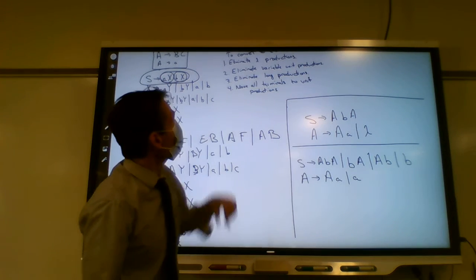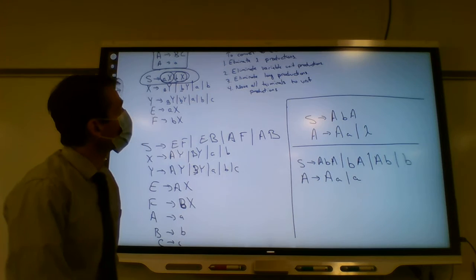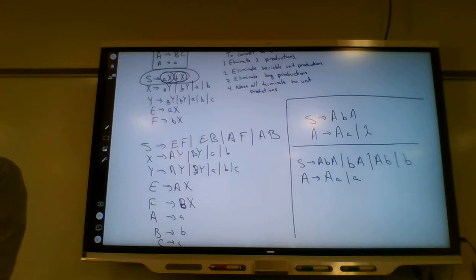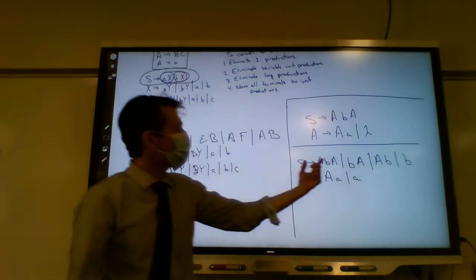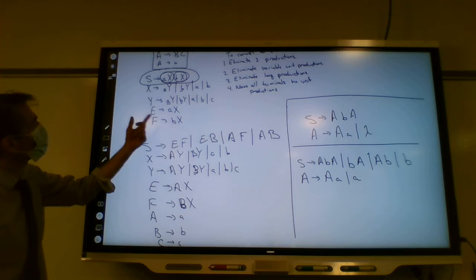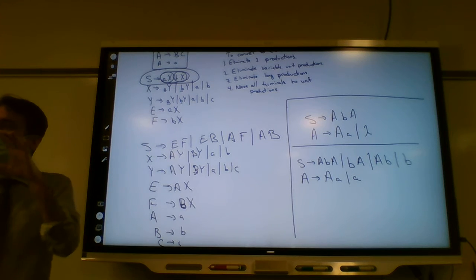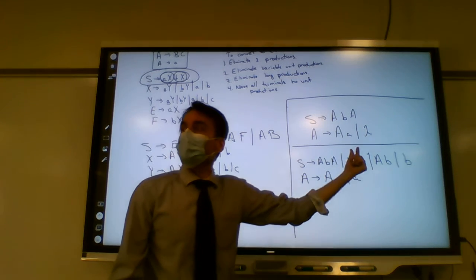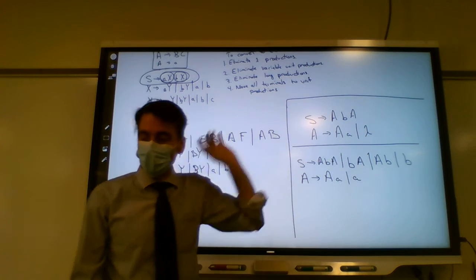All right, so this is step one. We've eliminated the lambda production. All right, what about eliminate variable unit productions? Well, there aren't any, right? There's nothing that, like wherever it was, I guess we erased it. There's nothing that has one variable being able to be replaced with a single other variable. So we skip step two.